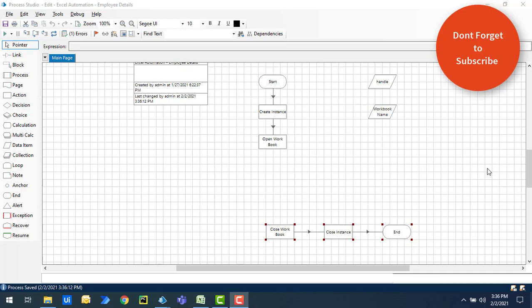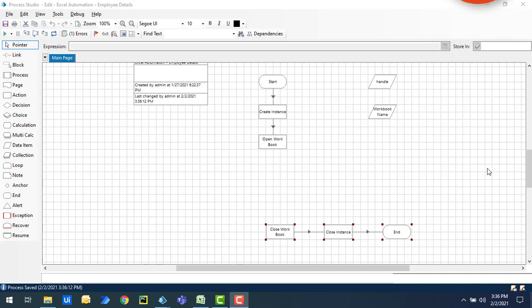In the previous tutorials, we worked on the worksheets as well as the workbook. From here onwards, we will work on the data. As part of this tutorial, we are going to learn three different actions from the MS Excel actions.